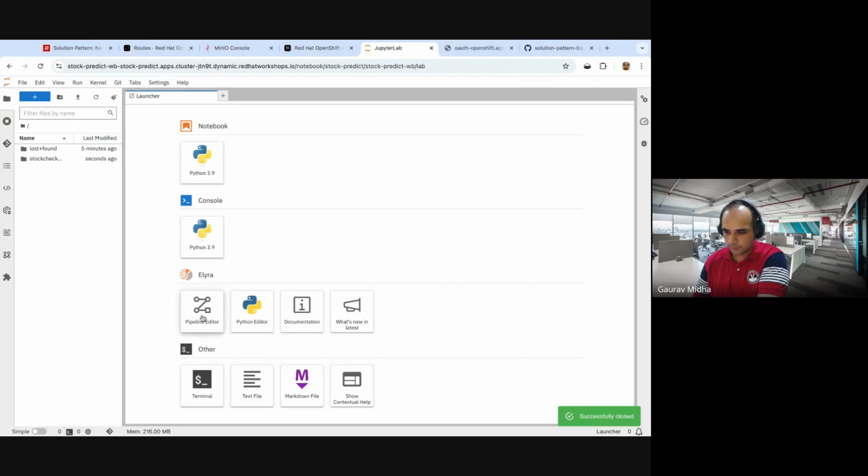And I'm going to use Elyra. It's a visual tool, we'll create an Elyra pipeline using the visual editor. So I'm just going to click on this pipeline editor,